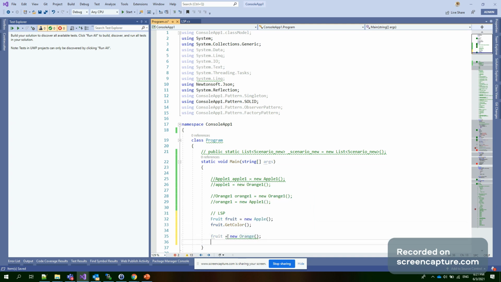You can see there is no problem, and fruit.GetColor now refers to the Orange one.